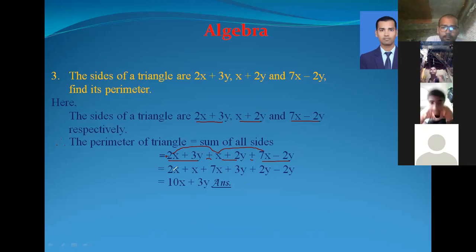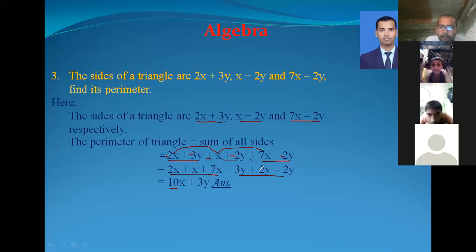So 2x plus x plus 7x. Then after we have to arrange the next like terms. So next we have 3y, in front of 3y there is a plus sign, so you have to write here plus 3y. Then after, in front of 2y there is plus, that is plus 2y, and in the same way in front of the other 2y there is minus, so minus 2y. Is it okay? Then after, 2x and 1x is 3x, and 3x and 7x is 10x. Altogether you can see here 10x.